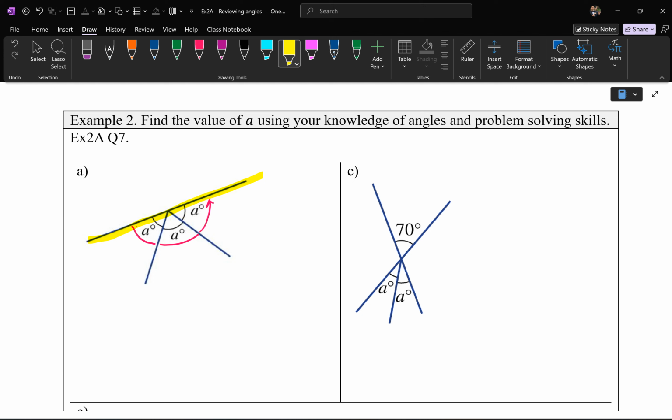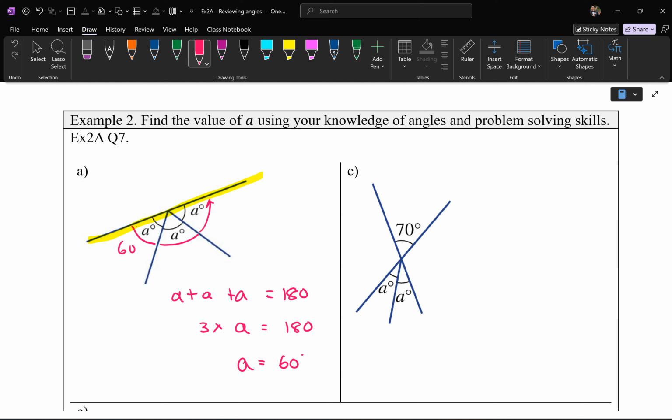So that means the sum of all these angles, even though I don't know what it is, I know it should be 180. Now the nice thing is, A plus A plus A, if I know it has to be 180, do you realize that's just triple of this value? So 3 times what gives you 180? Eknor. 60. A must be 60 degrees because that's the only way, or you can do 180 divided by 3